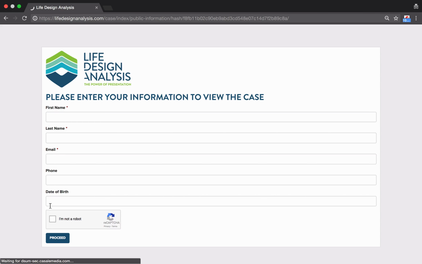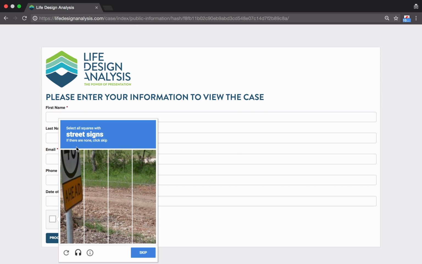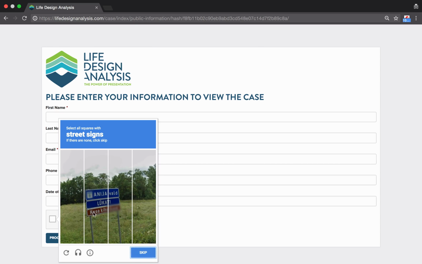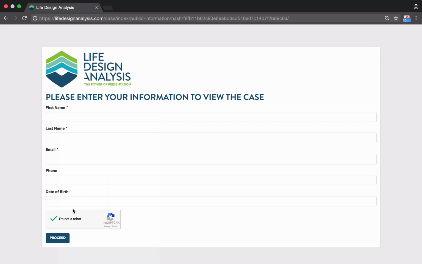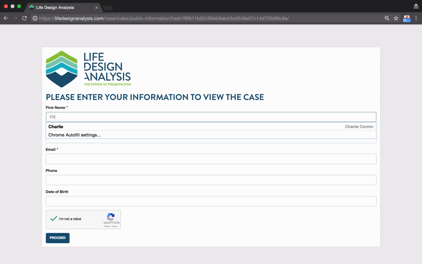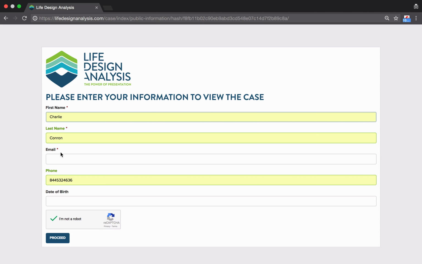You'll see that now I have to prove that I am not a robot. It may ask me to select all the squares with street signs. And I'd have to answer them and say next. Verify. Again, verifies I'm not a robot, and I can put in the rest of the settings that I've requested.